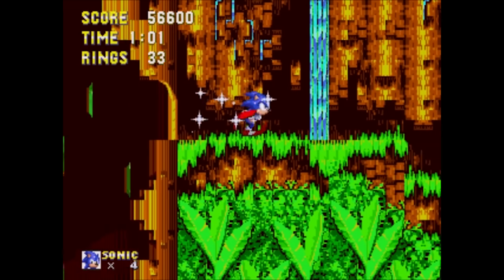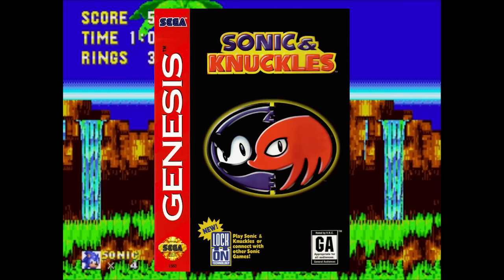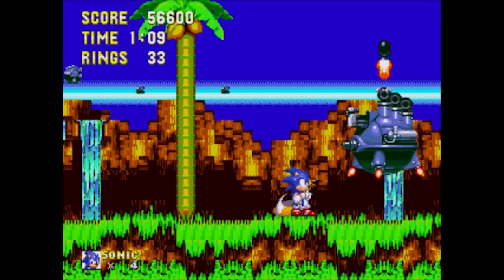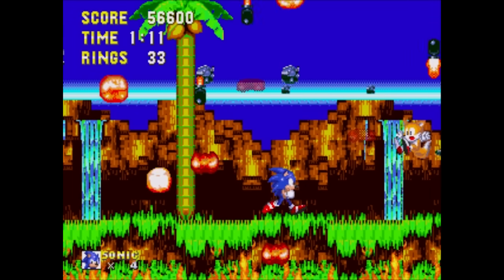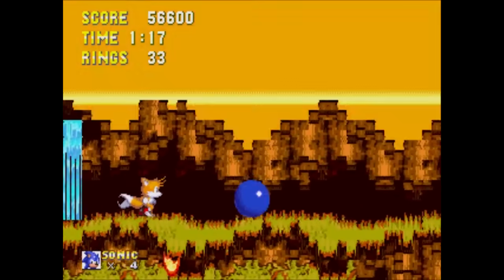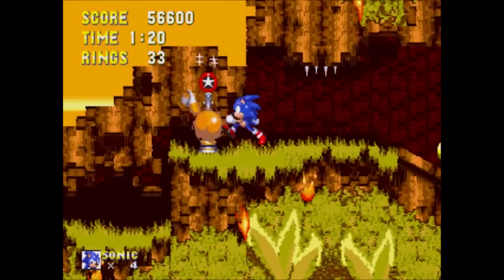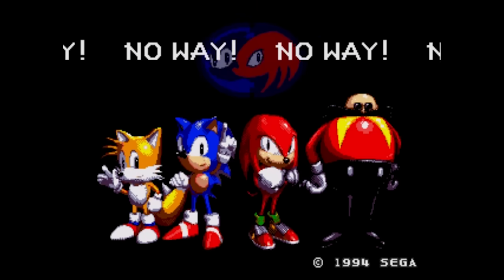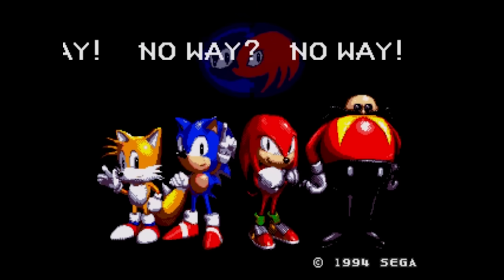They were hyping up lock-on technology like it was going to be the next big thing, and I remember thinking about all the crazy crossovers that would be possible in the future. But no, lock-on technology was just an excuse for making a game that was too big to fit on one cartridge. Sonic and Knuckles is the only lock-on game ever produced, and it only really worked with 2 games, Sonic 3 and Sonic 2. If you tried to put in Sonic 1, you just get the standard no way screen,